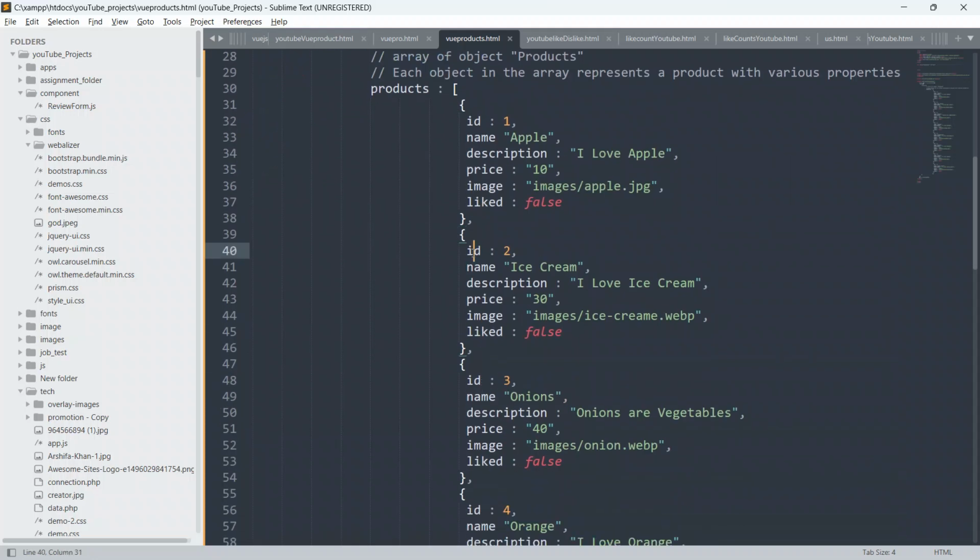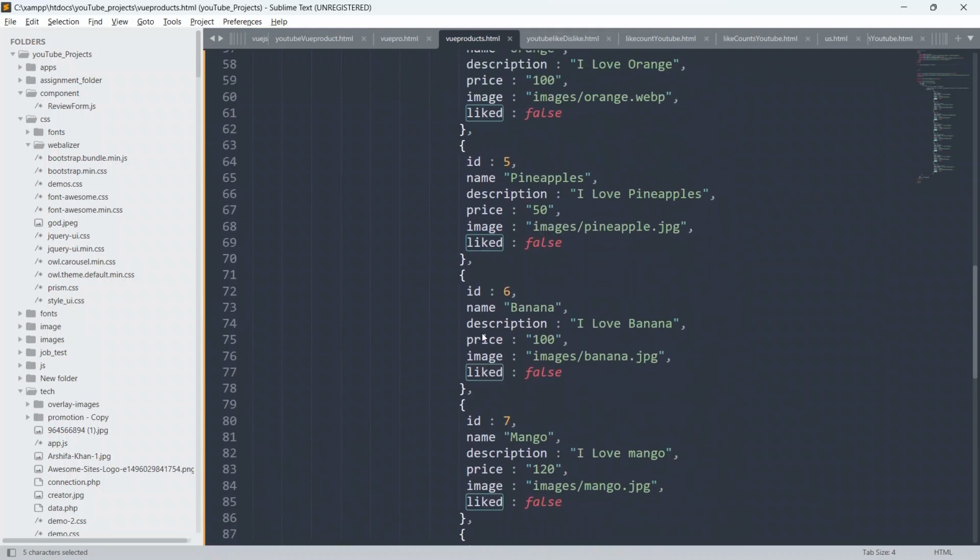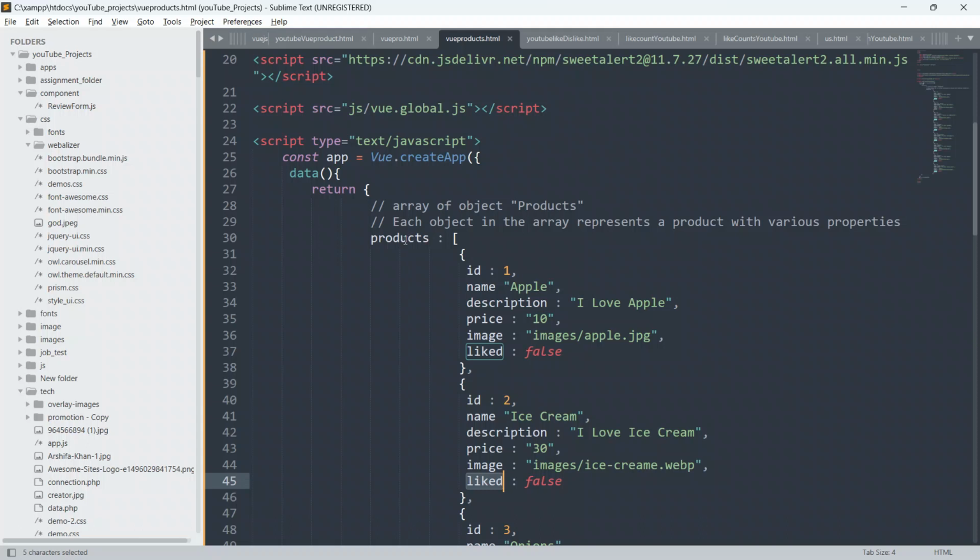Likewise here also, ID is the property, name is the property, descriptions is the property, price is the property, image is also a property, and liked is also a property. As you can see here, we've got the 8 elements inside our products array, and each object inside the array represents various properties, like ID, name, descriptions, price, image, and liked.